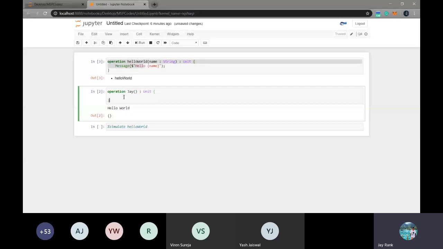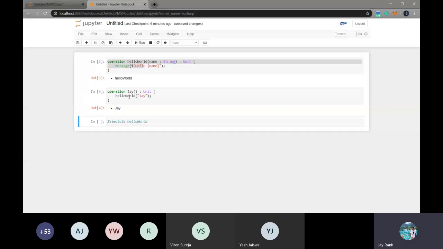So here you can see that I have passed a variable that is string. So what I will write here is go to hello world and pass the name Jai. So the Jai operation is already created.